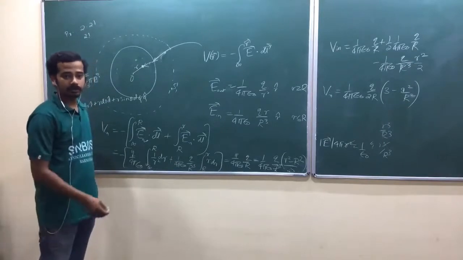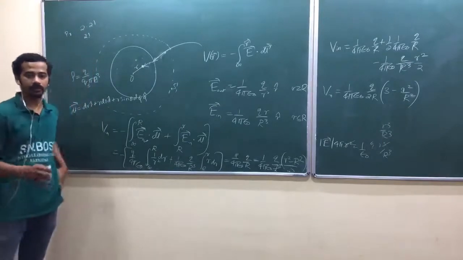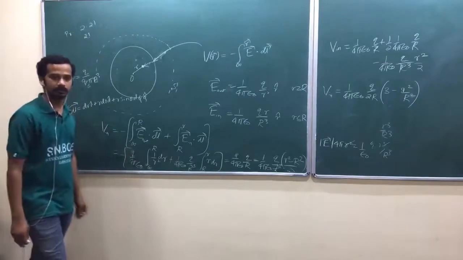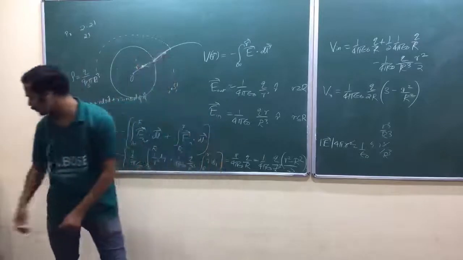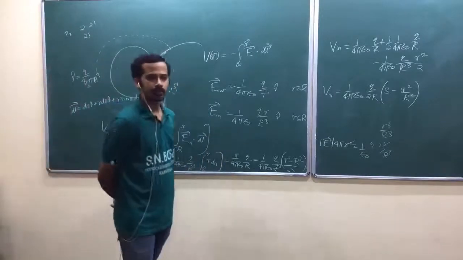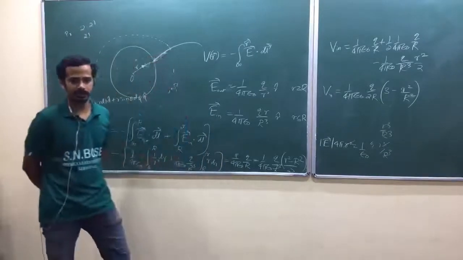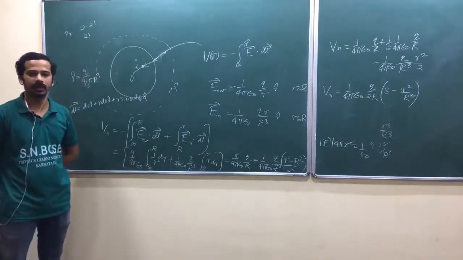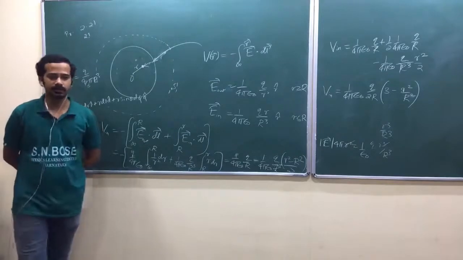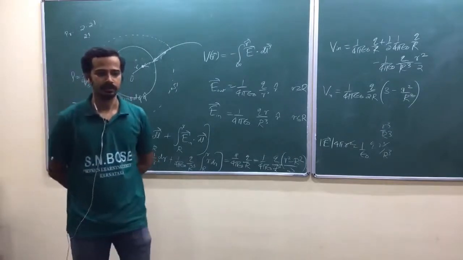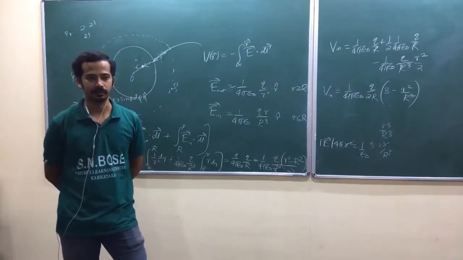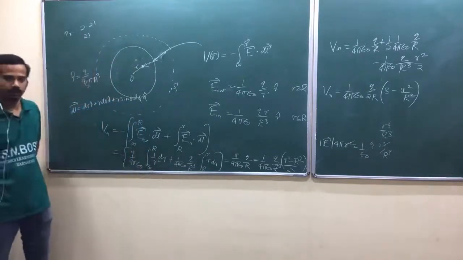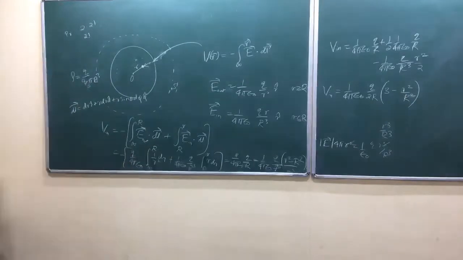That was our choice. We should take only one choice of the reference point, isn't it? That was the argument. Potential at infinity will be 0, isn't it? Usually, infinity means you are escaping from the charge distribution. You can treat potential at that point as 0 because there will be no charge from your point of view at infinity. So that's why we have chosen infinity as a reference point.